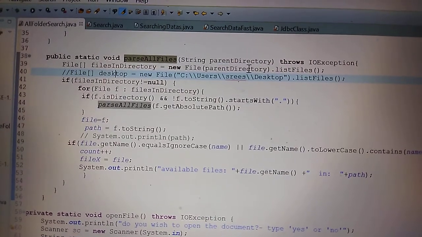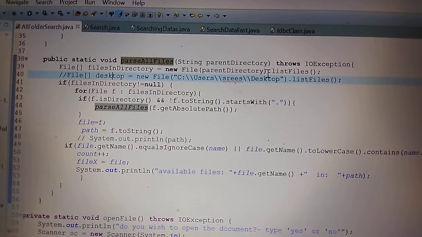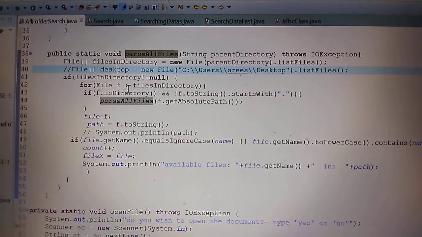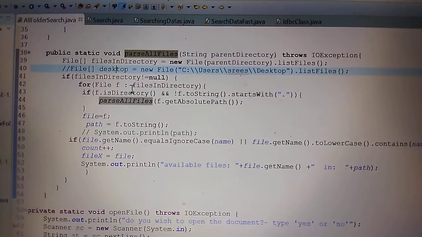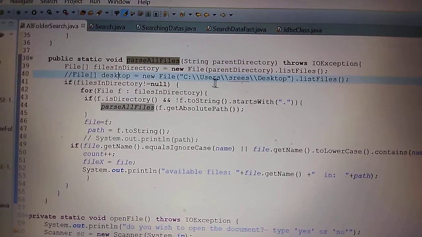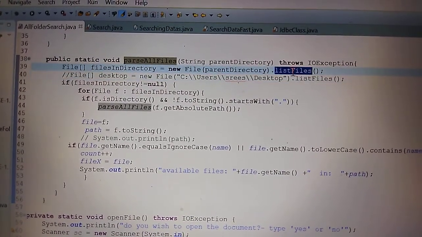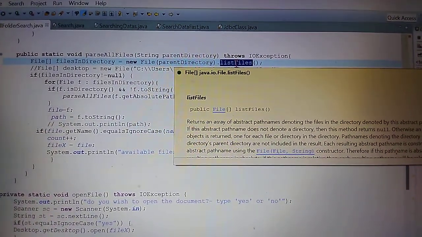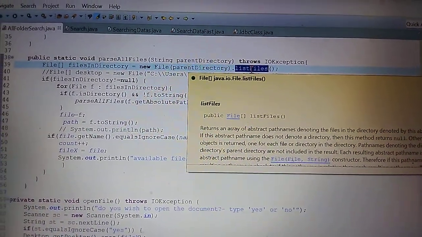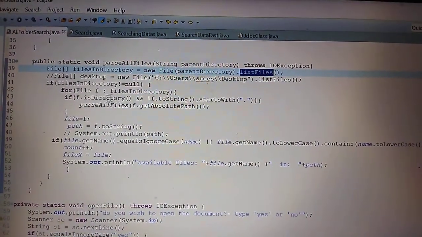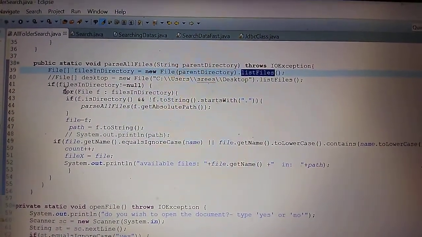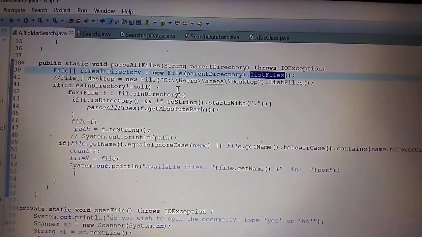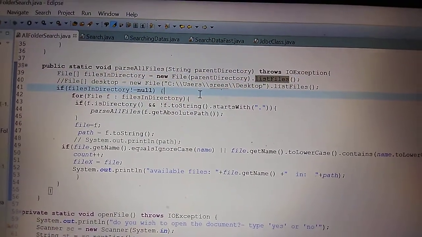After that, in this list files, from the root path which we get from the previous function, we just see what all the directories or folders it contains. Dot list files is a function in Java which returns an array of path names of all the directories available at that path. If the directory or path is not null, that means it contains some files which are not a null value,